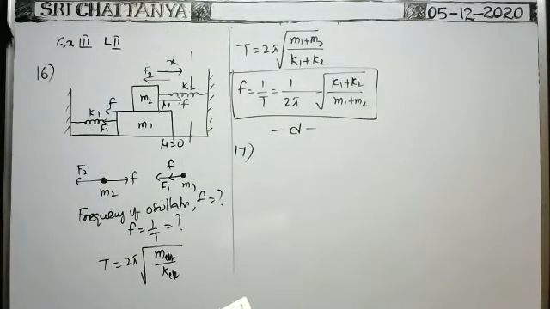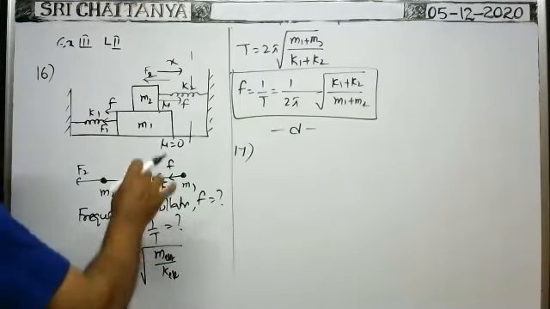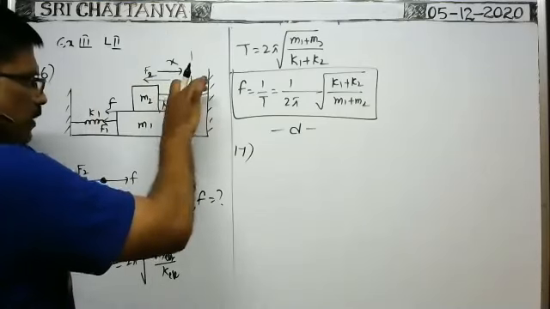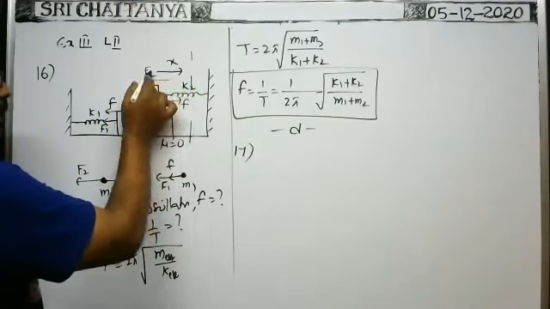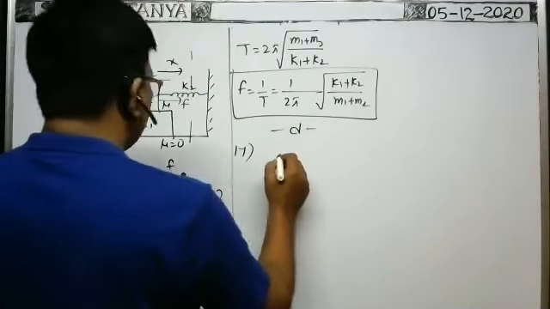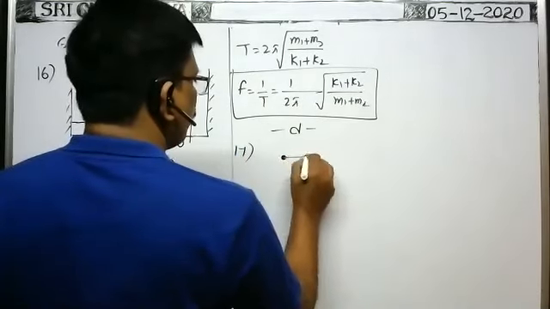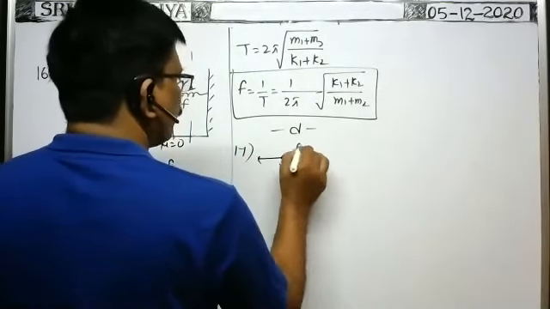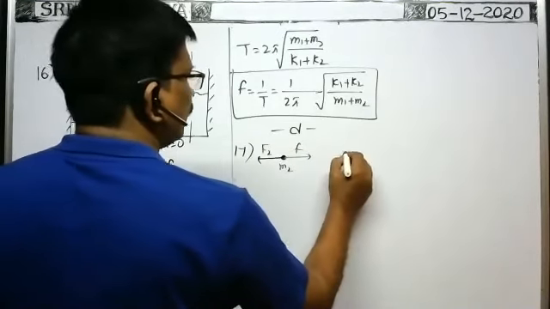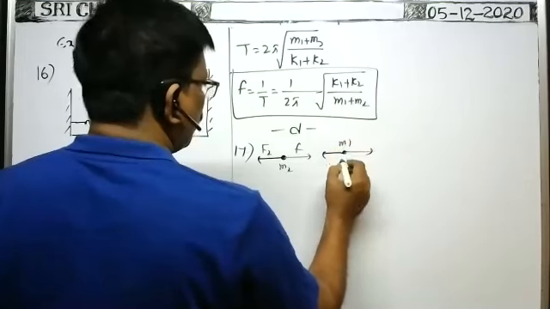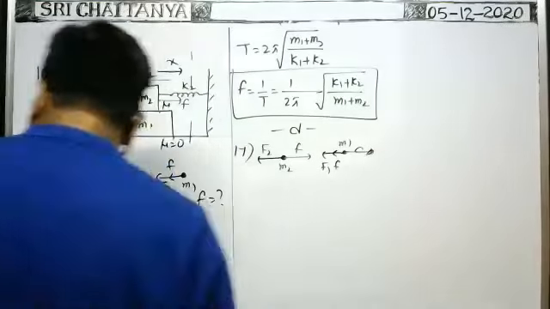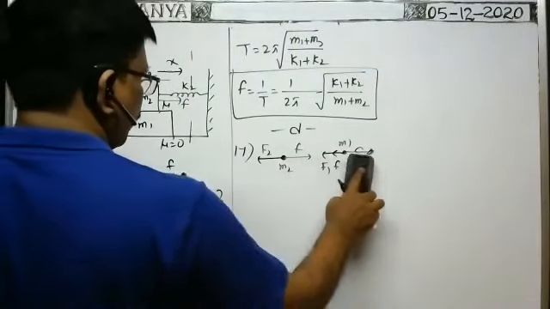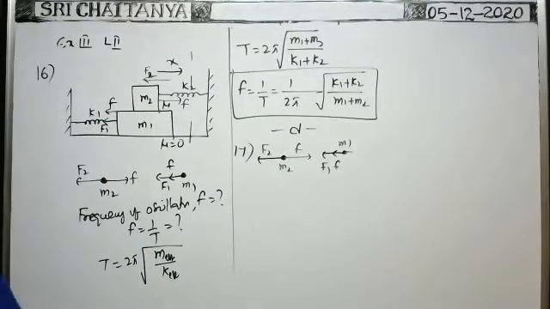If the frictional force on M2 is acting in the same direction of its displacement from mean position, then okay, here you see whenever it is displaced like this, the frictional force acting on block M2 is in the same direction of displacement. The displacement is on this side, friction is also on that same side, no? So in this case now if you consider the mass M2, the frictional force in this direction, spring force F2 in this direction. When you consider the mass M1, sorry, frictional force and F1, both are in the same direction. Okay, already I showed here, explained also. Okay, now